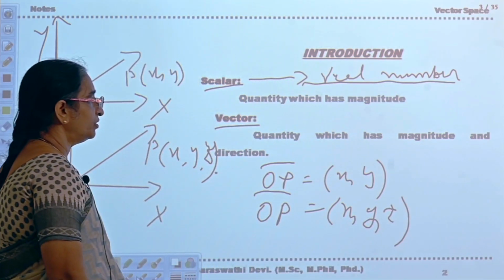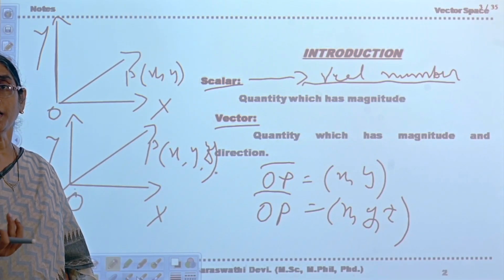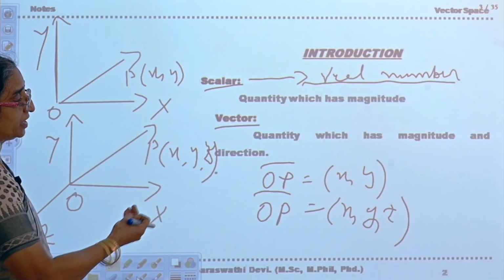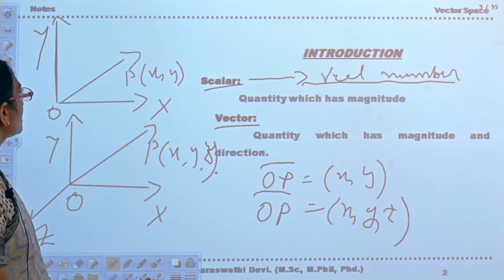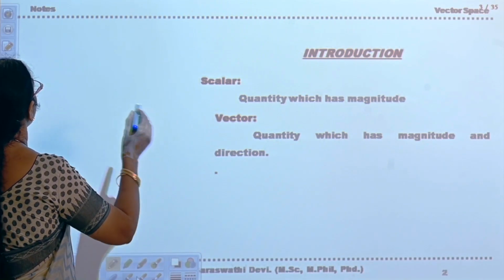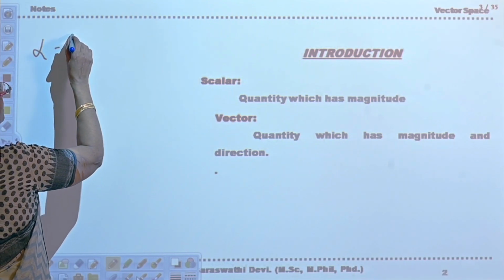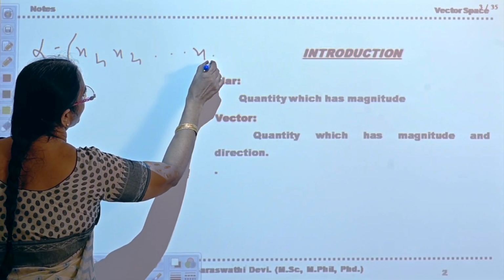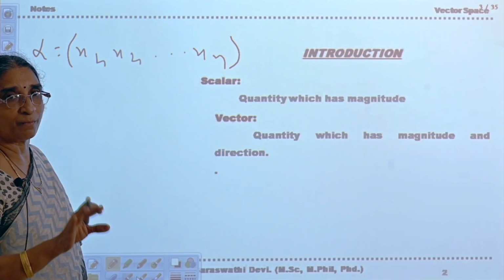Now if you generalize, OP bar (x, y) is a vector in the two-dimensional plane, and OP bar (x, y, z) will be a three-dimensional vector. If you generalize this, you can take an n-dimensional vector. Suppose alpha is equal to (x1, x2, and so on up to xn), where x1, x2, xn are all real numbers.